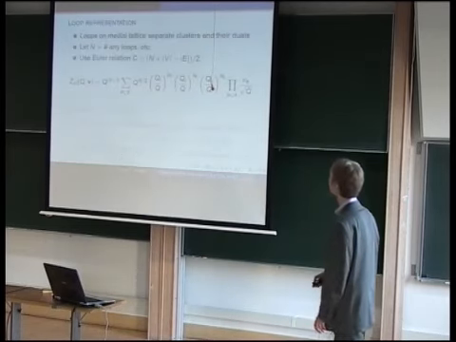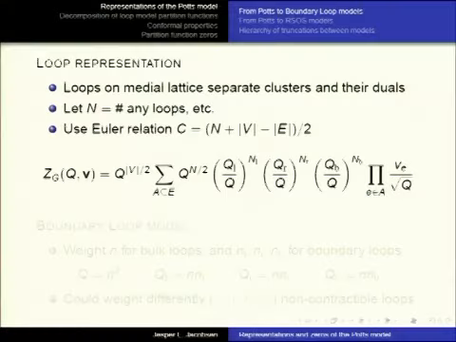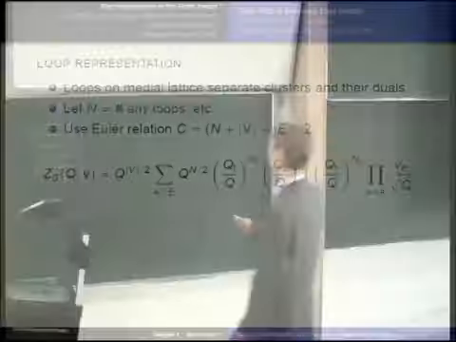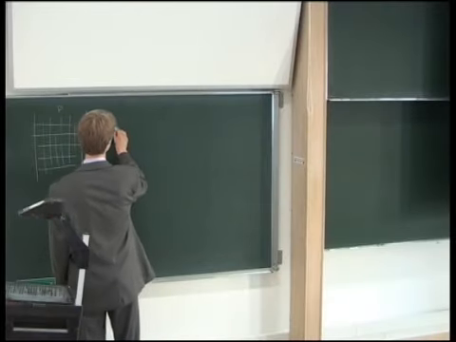I want to trade that representation for another representation which is quite nice. That's a representation in terms of loops, which I'm not allowed to call loops because they are cycles, but in physics they are called loops. And so the basic idea has already been explained several times. If you have a vertex